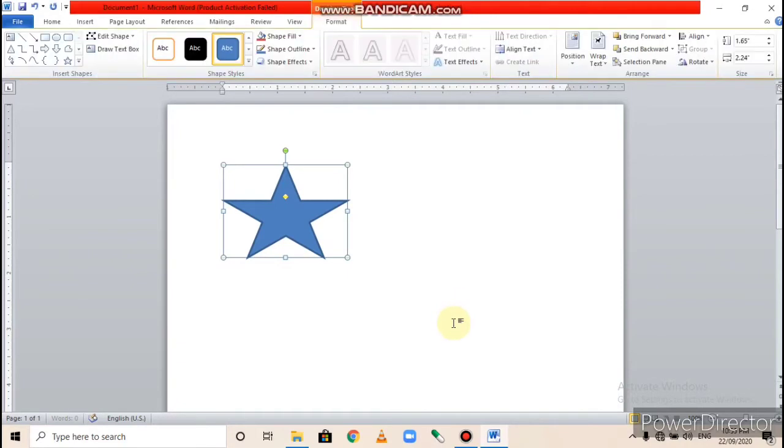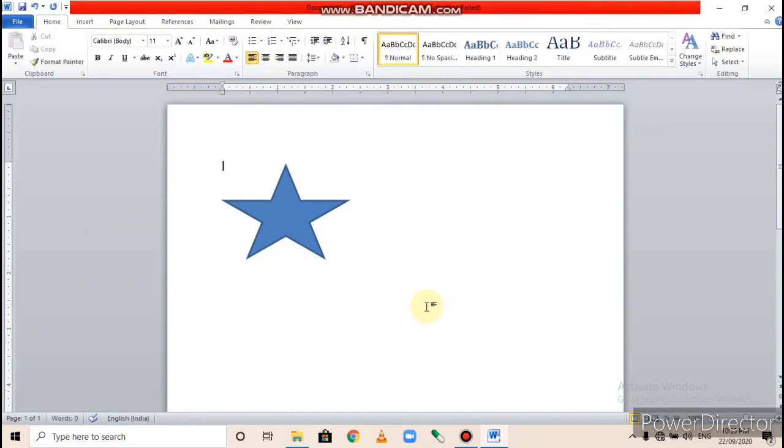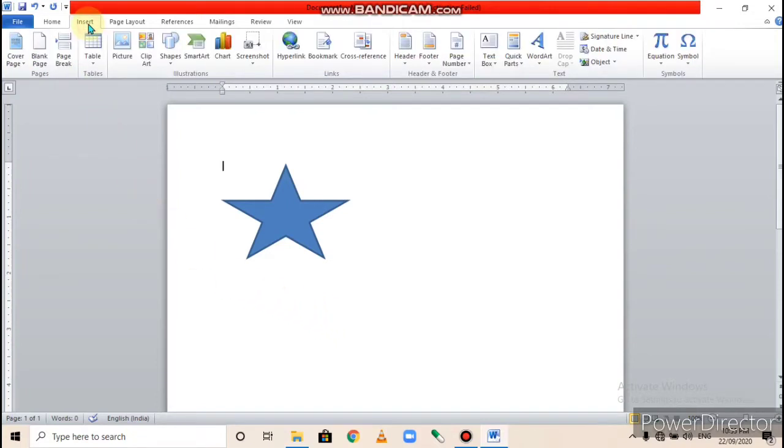I repeat once again. To insert a shape, first of all click the insert tab. Then under the illustration group, click on the shape drop down list.